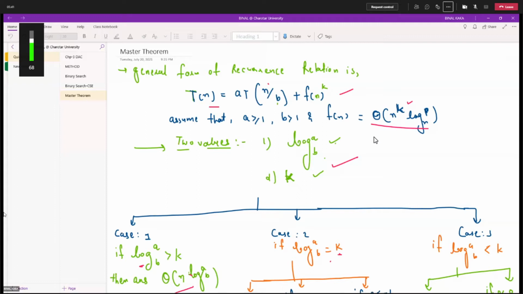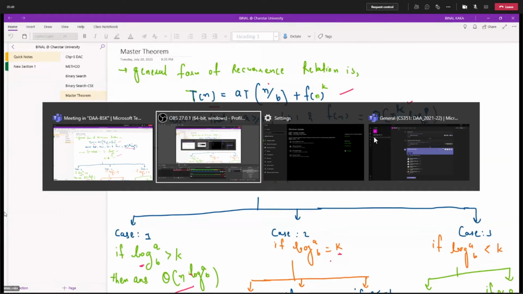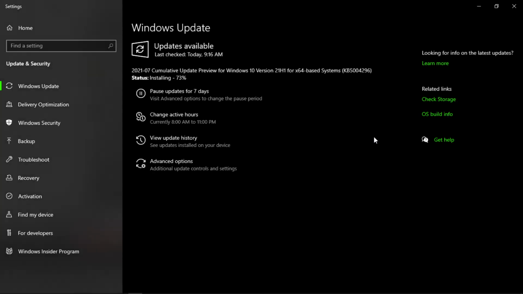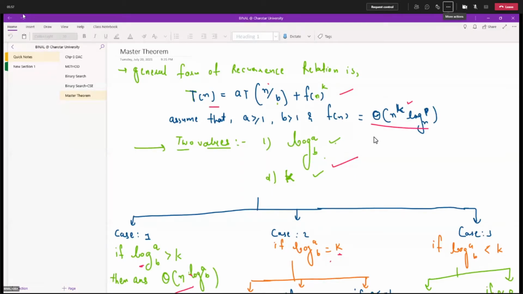Because if you only want to find the worst case and best case analysis, you would have to maintain the whole tree and then maintain its recurrence relation. So it is a very time consuming task, right? If you understand this master theorem, it is very easy for you. Whenever you have a general function, you can easily identify how to apply the master theorem and how to analyze the complexity, right?